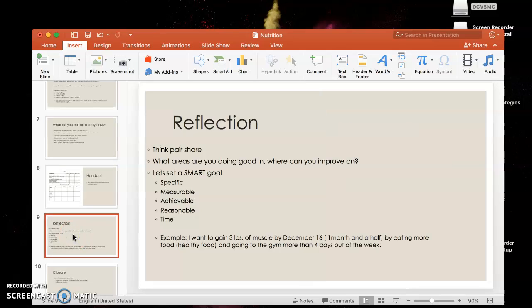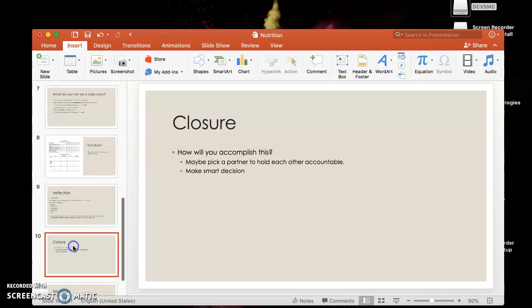You can always make a plan, a SMART goal: make sure it's specific, measurable, achievable, reasonable, and time-bound. Make small plans for the big plan. Don't plan too far ahead for a short time. You can't say, I want to lose 30 pounds in 5 days. No, make it reasonable. Say, I want to lose 30 pounds in the next 3 or 4 months. Spread it out and make small goals.